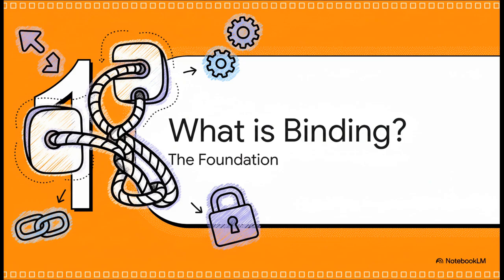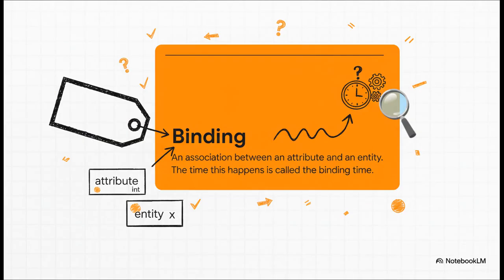Okay, so first things first. Before we can compare anything, we've got to understand the core idea that all of this is built on: binding. In the simplest terms, binding is just making a connection, an association. Think of it like putting a label on a box. We're taking an attribute, say the data type integer, and we're associating it with an entity, like a variable we